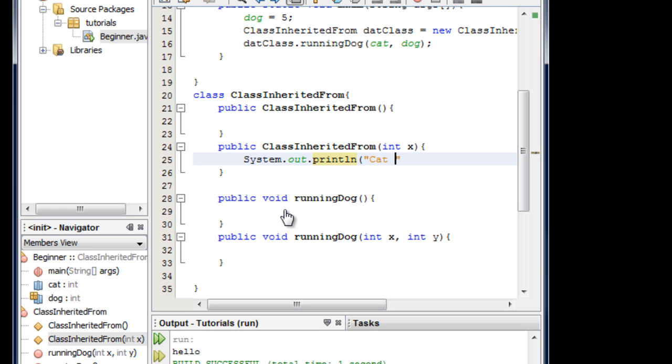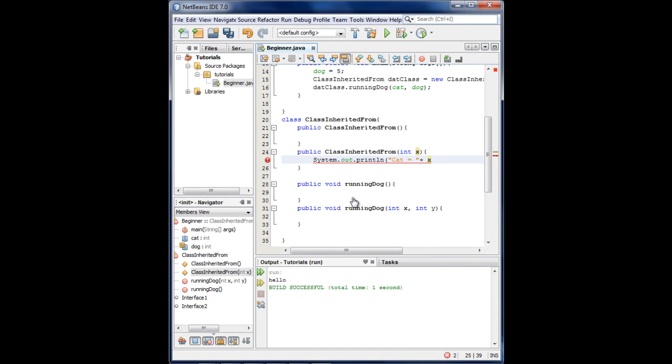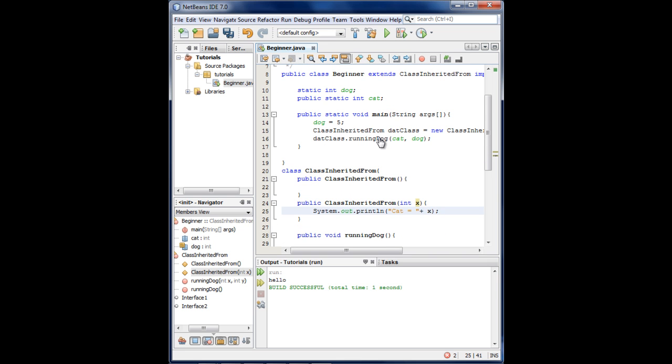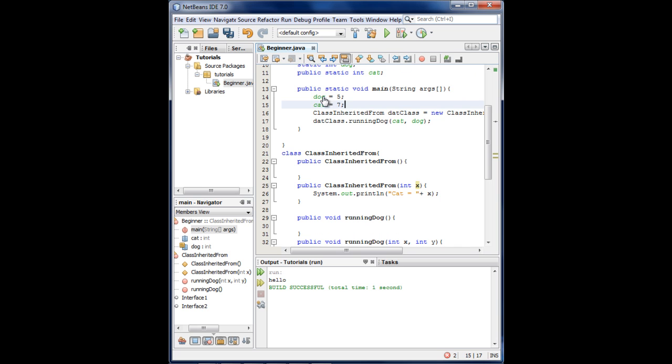Cat equals, and then we'll give it a plus, and we'll say x, and then end it with a semicolon. We never gave a value to cat. We need to give a value to cat. Let's go ahead and do that. Cat equals 7,